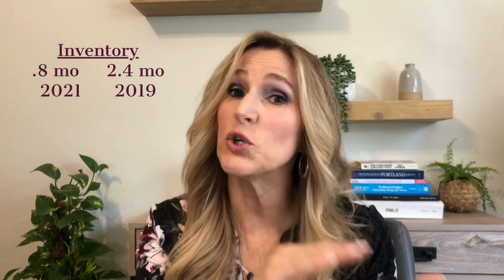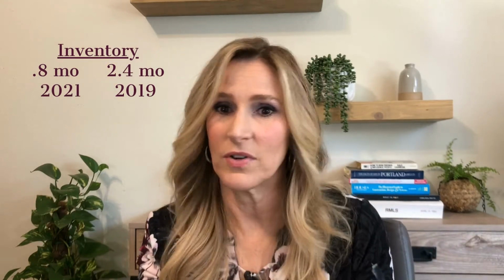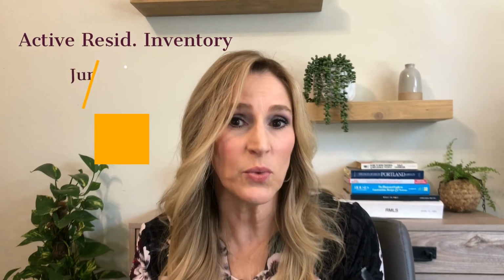Inventory total, as I said, is 0.8 months for June of 2021, and in 2019 we're at 2.4 months, and that was very low at the time. We thought that couldn't get much lower. Obviously it can. And then inventory, just the given number of active listings on average, the kind of daily average, was 2722 this year versus